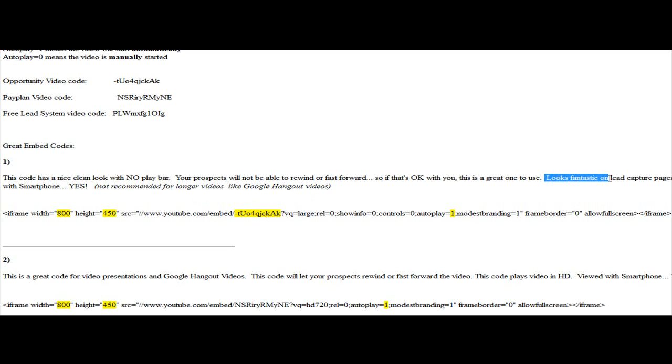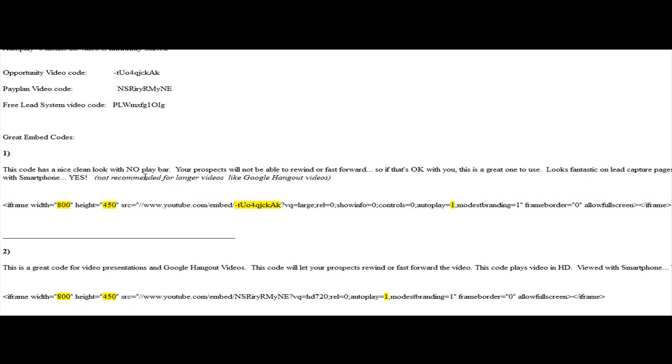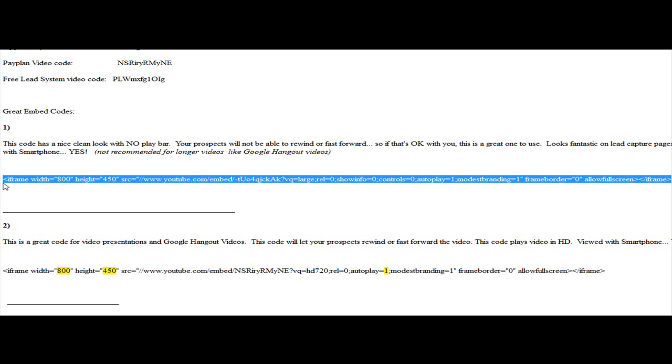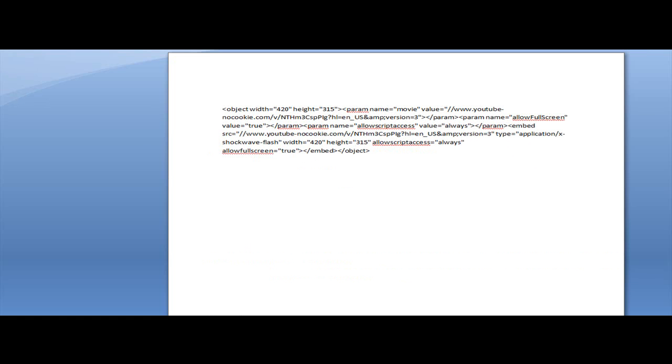And like it says, looks fantastic on lead capture pages and or video postcards. And they can see this if they're on their smartphone. They'll be able to watch this video, and that's important in some circumstances. So I'm going to take this code right here. This is the code that I'm going to use on that video postcard. I'm going to copy it, and I'm going to come back here,